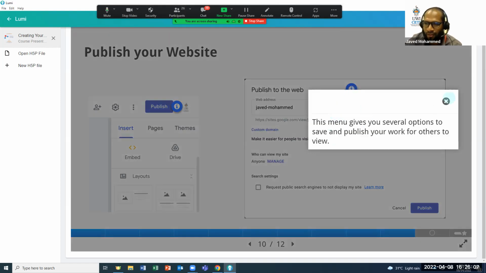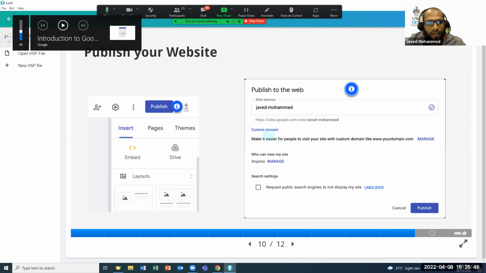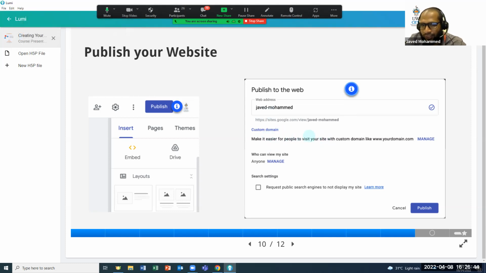All right, so I had that note here. In this web address space, this is where you're going to create your domain name. In this case, I typed Javed-Mohammed, which is not a good practice, but I did it just because Javed Mohammed, or Javed, was taken, and I only did it for this demonstration. I would stay away from dashes and hyphens if I'm actually creating a portfolio, right? And if you have a custom domain already created, here is where you go to associate this page with that domain.